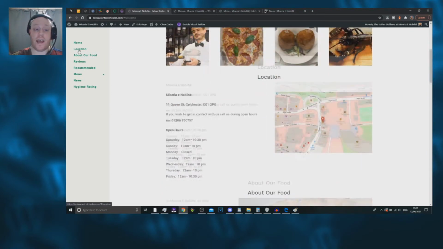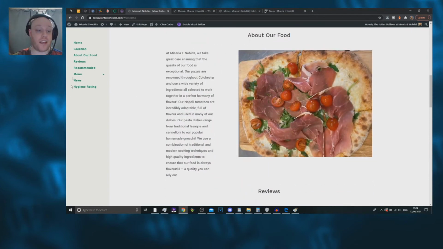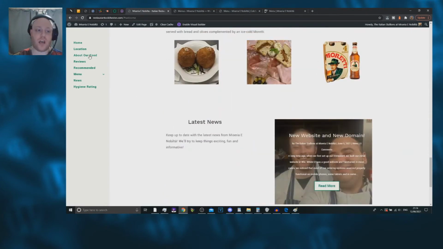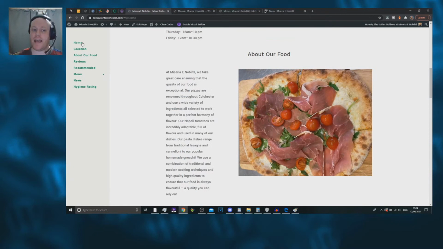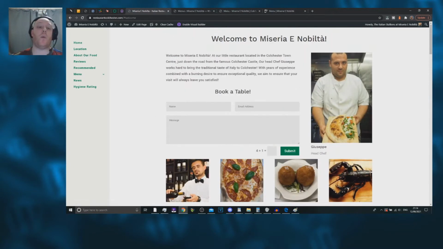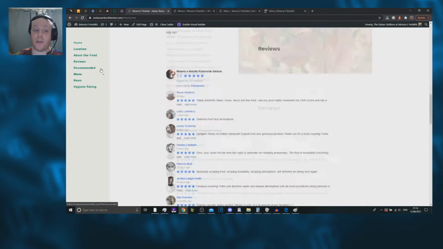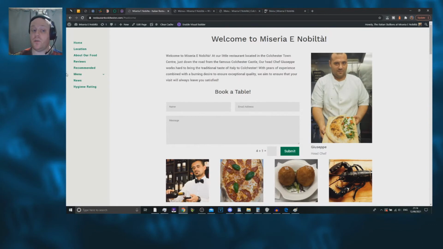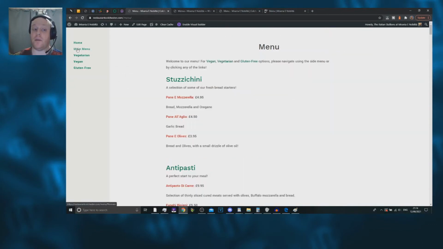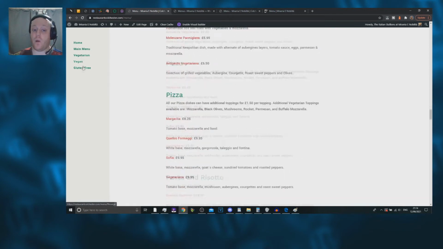So basically, anchors are these little things which allow us to warp around our page and take us around a website. Now, on this website, I'm using two different types of anchors. Those are same page anchors, and I'm also using anchors that will take us to different pages as well. I'm also using a multiple menu system. So if we go to the menu, we have all of these different